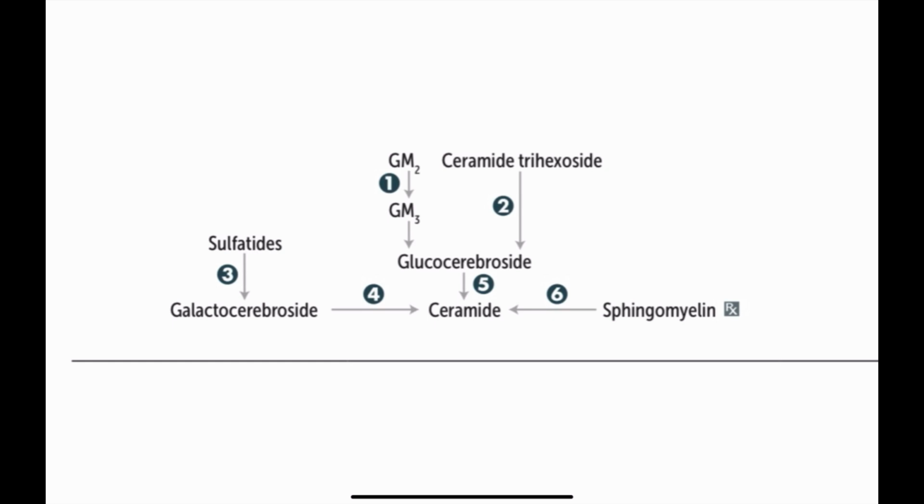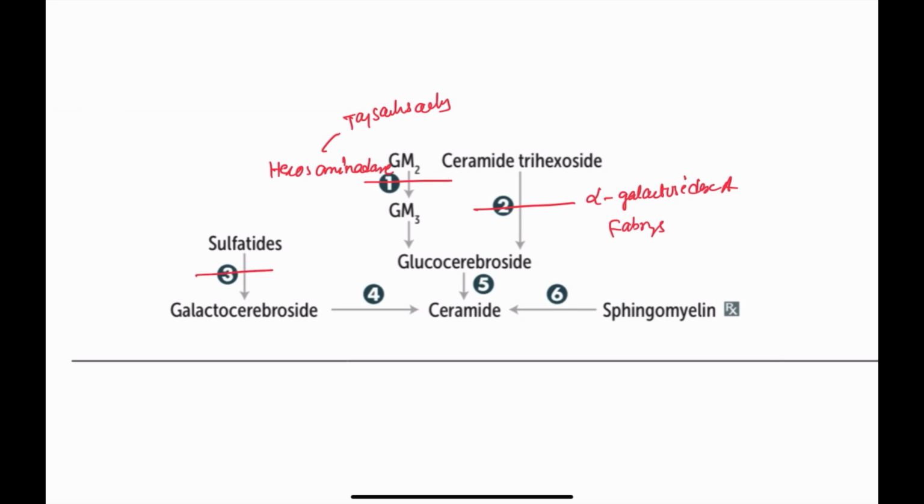Let's summarize this topic by this picture. Here, number one: GM2 ganglioside is broken down by the enzyme hexosaminidase, whose deficiency leads to Tay-Sachs disease. Coming to number two, ceramide trihexoside is broken down by the enzyme alpha galactosidase, whose deficiency leads to Fabry's disease. Coming to number three, the sulfate group is broken down from galactocerebroside by the enzyme aryl sulfatase, which is